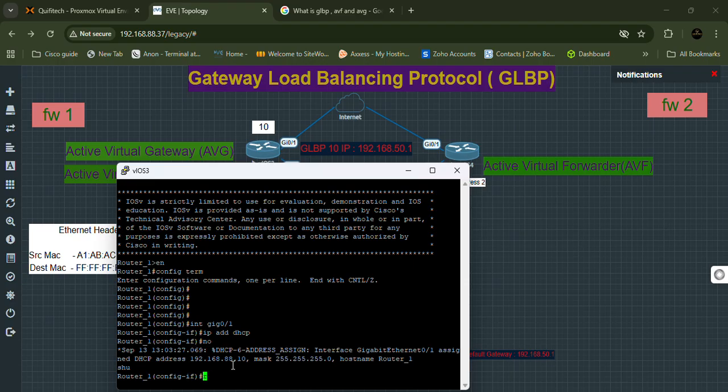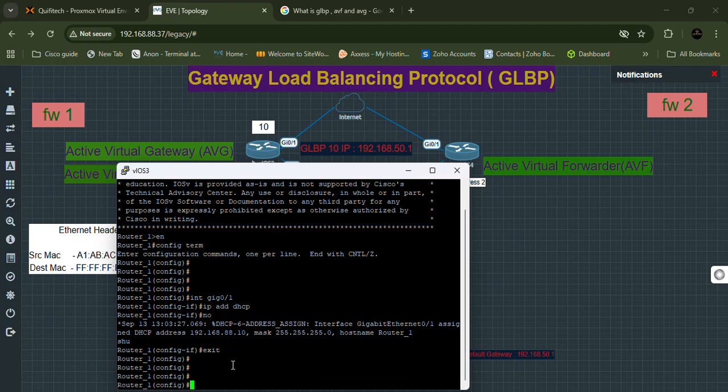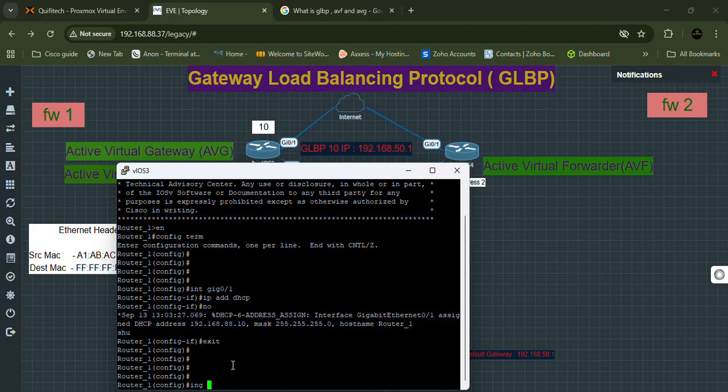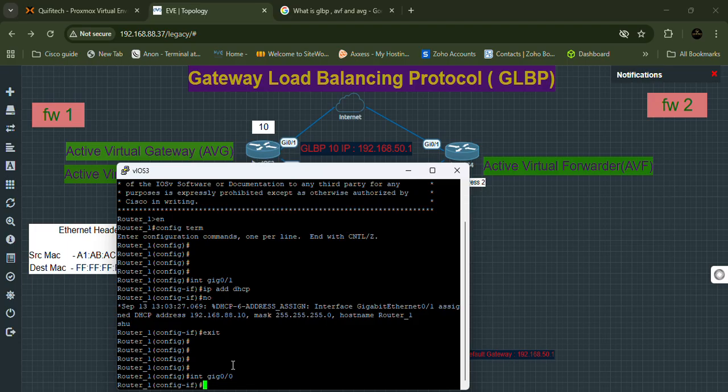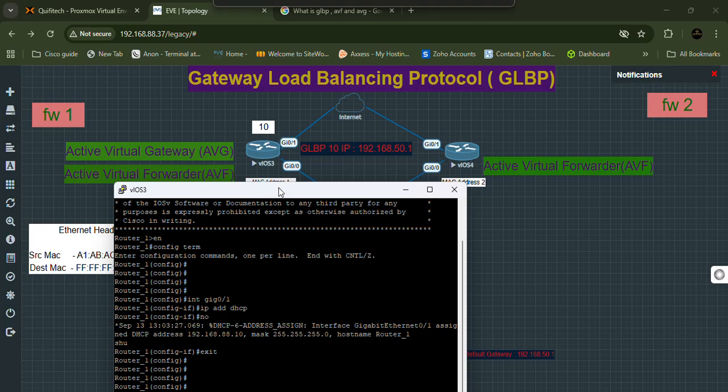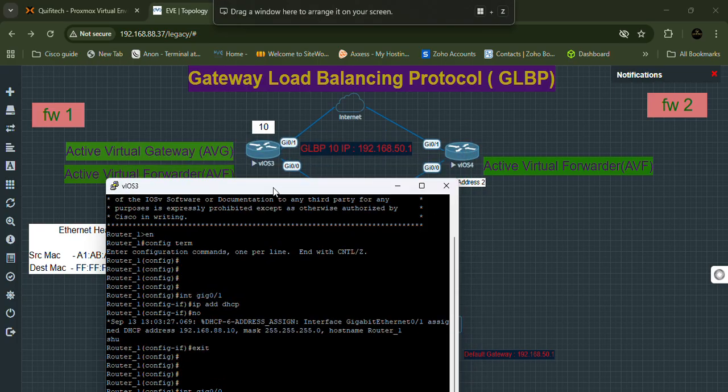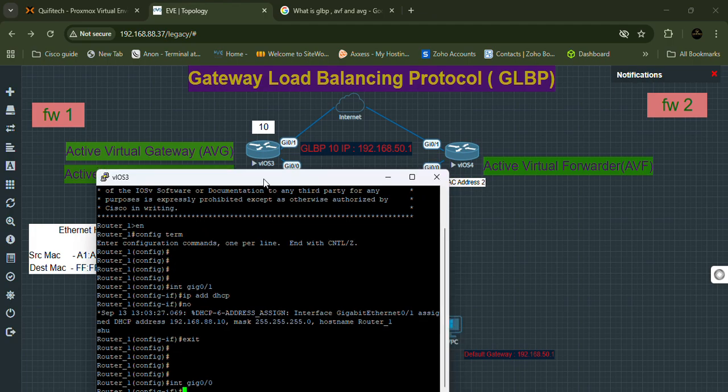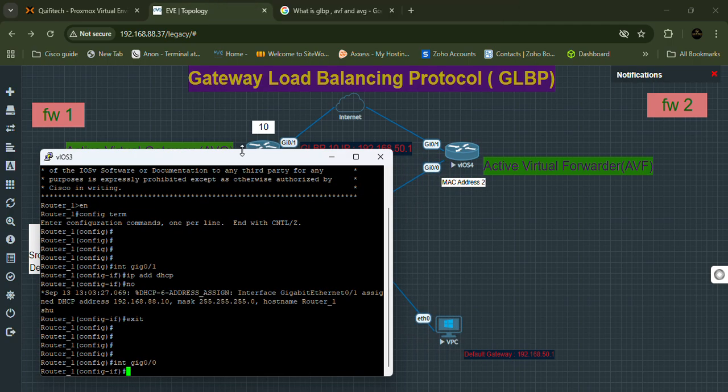Okay, so what we're going to do now is give it an IP address. First thing first, we will have to exit from the current interface and select the interface that we're willing to give the IP to, which is gigabit 0/0 on the left hand side of this router. As you can see, we have 0/0. Now all we have to do is assign the IP address on this specific router